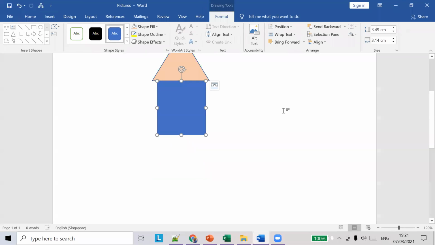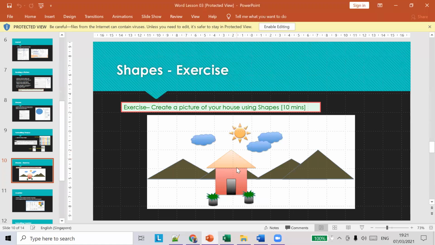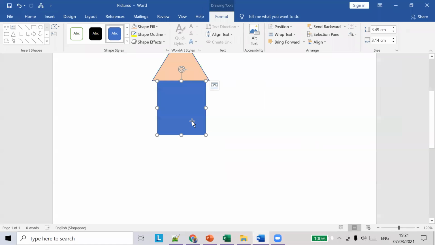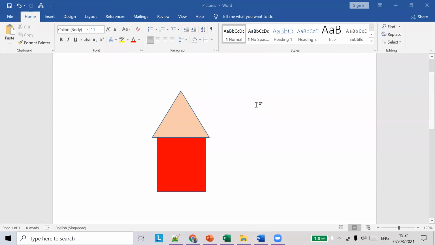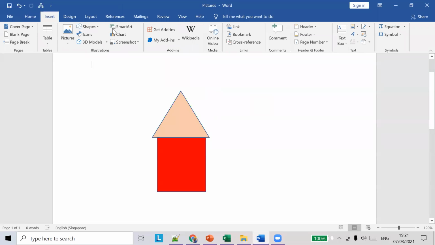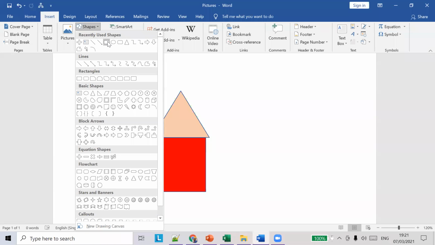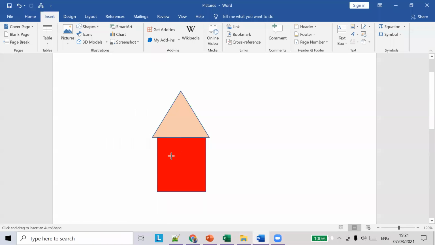Now we'll change the color to red. I'll go to shape fill and choose red. And then we have to draw the door. To draw the door, go to shapes again, open rectangle, and place the door here.